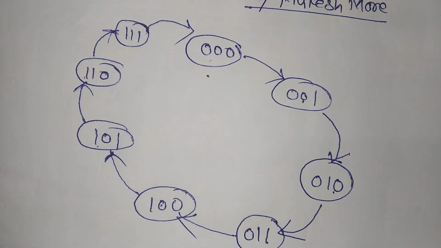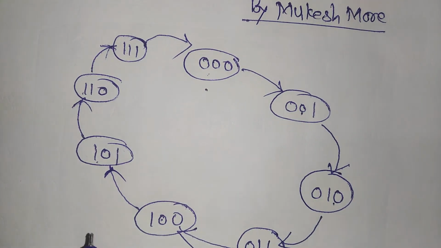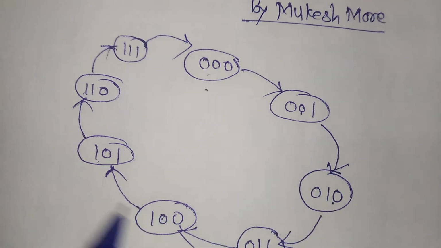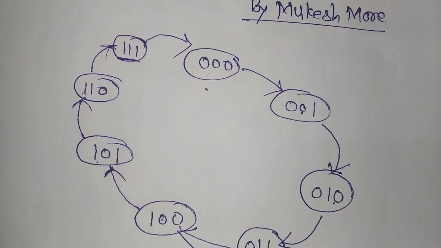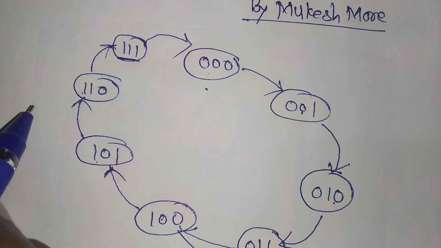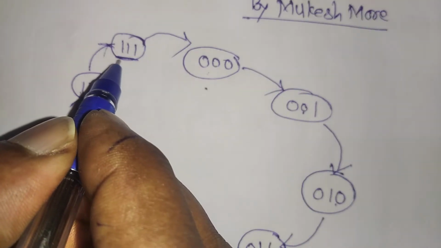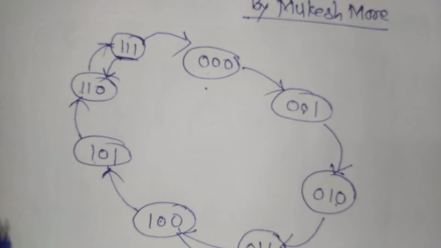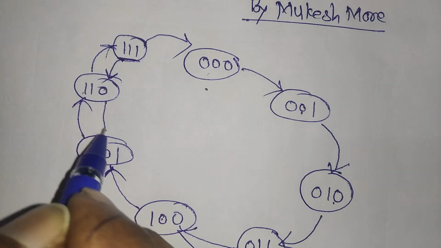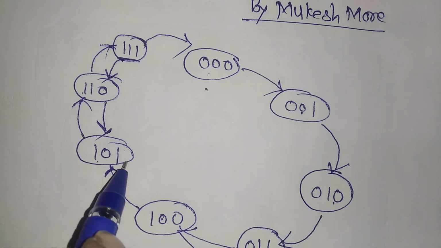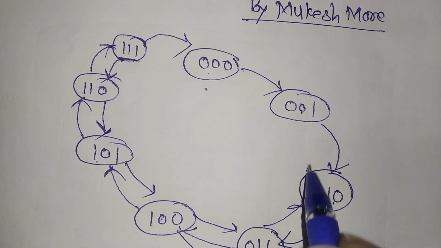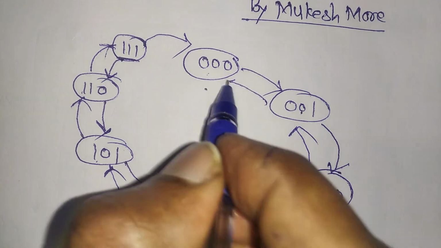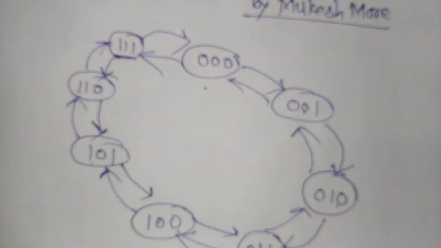Now, what about the down counter? In the down counter, the counting value starts from the highest value. Now, from these states we have the highest value, that is 1 1 1. Okay. Now, in the down counter, first value becomes your 7, then it is going to 6, again 6 is going to 5, 5 to 4, 4 to 3, 3 to 2, and 2 to 1, and 1 to 0, and 0 to again 7.